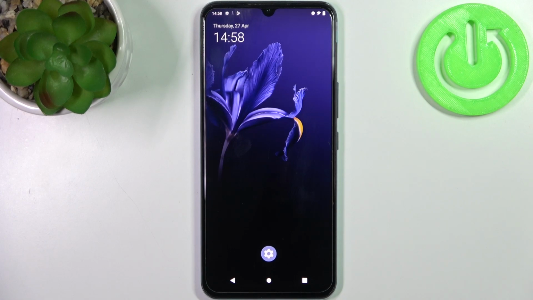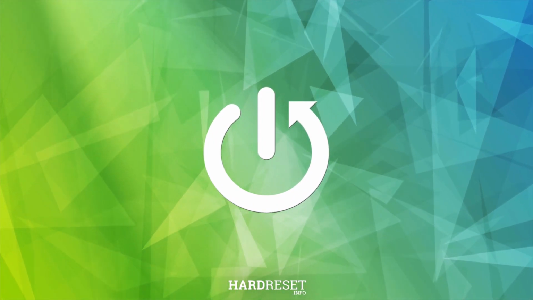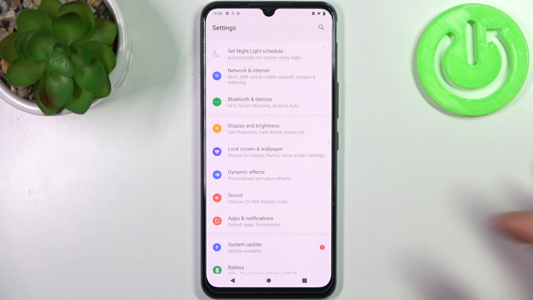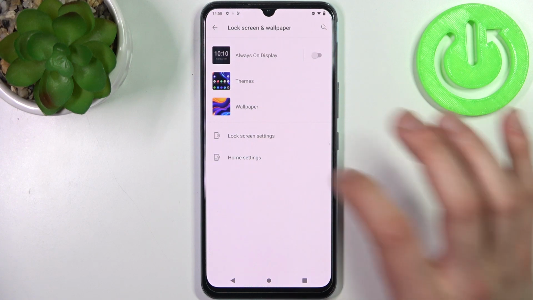Here I have VIVO IQOO U3, and today I'm going to show you how to change wallpaper on this device. So firstly you have to open settings, then you should go to the lock screen and wallpaper, then go to